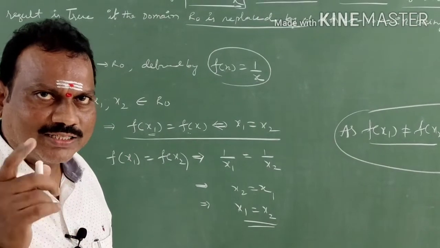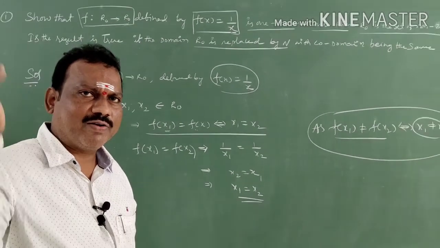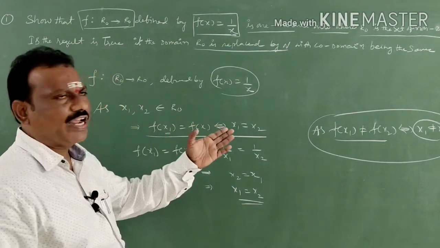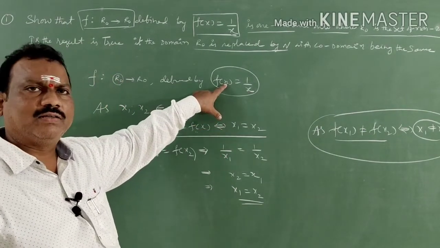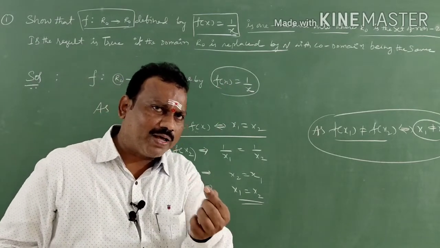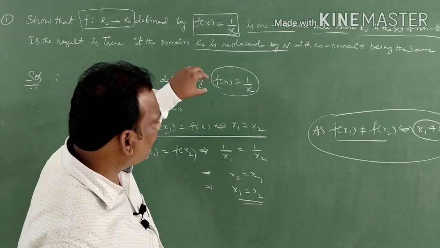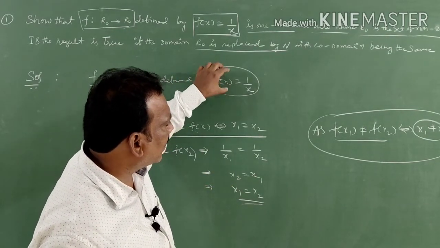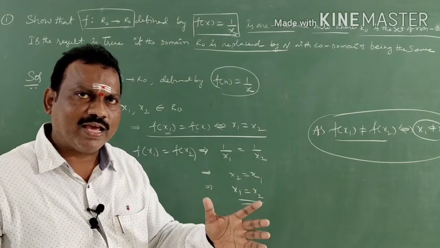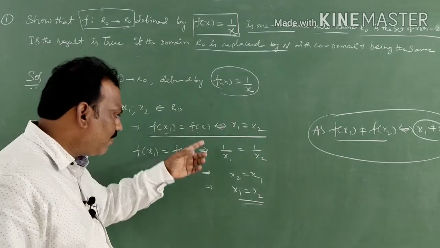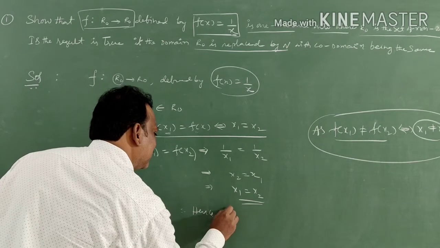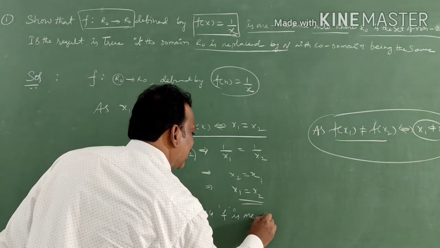I told with numerical examples also. Numerical examples means we have infinite numbers. We have to take infinite numbers and check it. Like that also we can do. If you give different inputs, will you not get the same output, correct or not? Two numbers, if you are giving different inputs, can you get the same output? No possibilities. That's why it is a 1-1 function. We proved by using the definition. Finally you will write: hence f is a 1-1 function.